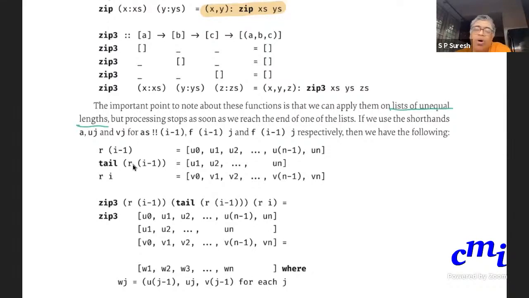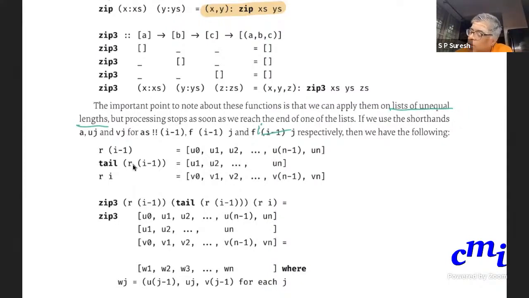For simplicity, let me say that Uj means f of i minus 1, j, and Vj stands for f of i, j. This is just to make my explanation look clearer.